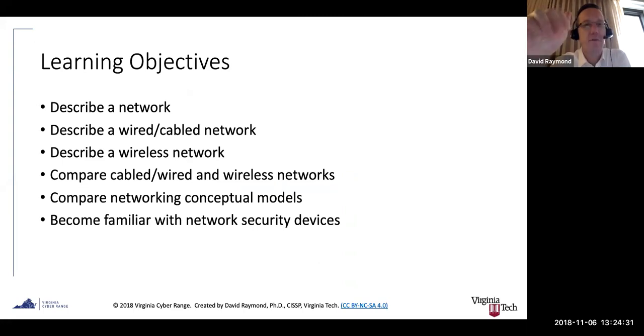So here are some learning objectives. We're going to describe a network, describe wired versus cabled networks, describe a wireless network, compare cabled/wired and wireless networks, compare networking conceptual models, and become familiar with network security devices.